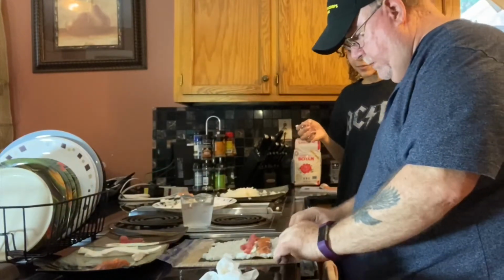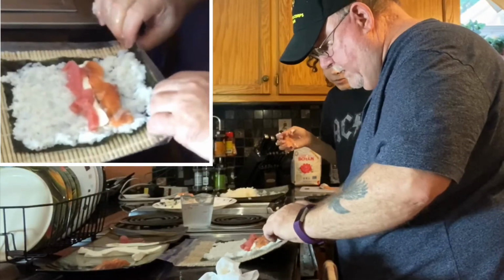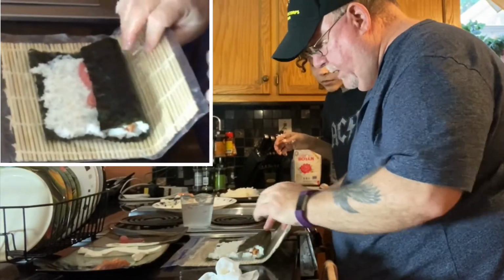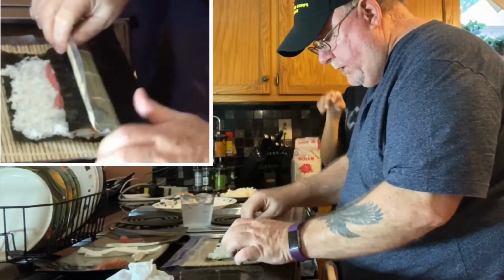Now what we're going to try to do is bring the mat and the nori up about 3 inches. What we're going to do is back it off a little bit. So we got the sushi nori leaf on top. What we're going to do is take our thumb